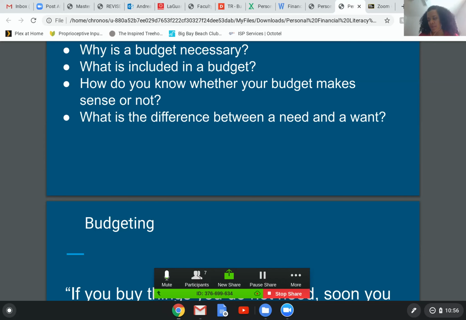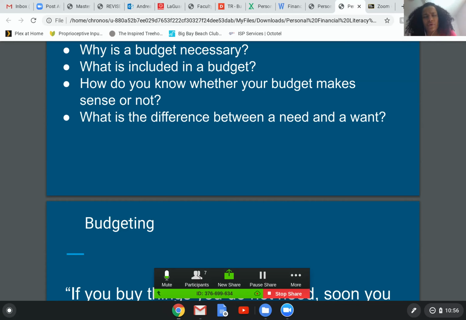Absolutely. And you also spoke a little bit about what is included in the budget, the various expenses that you have to pay. So we look at obviously the income, whatever we have coming in, and then you have certain expenses that just won't change every month. They'll be the same, right? Like rent or certain fixed expenses, as we call them, that we just know are going to be there: utilities, rent, etc.